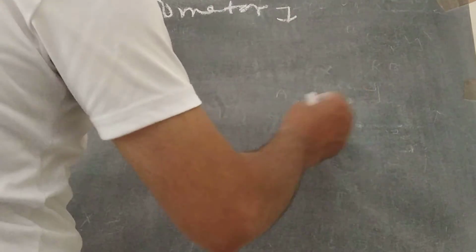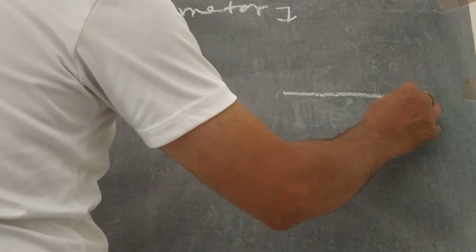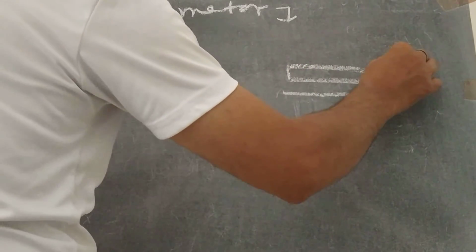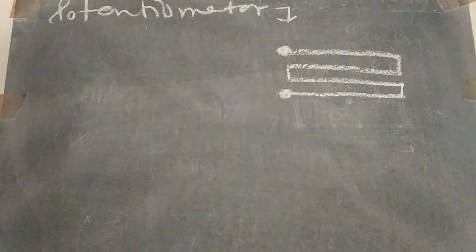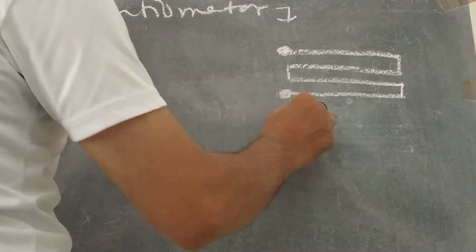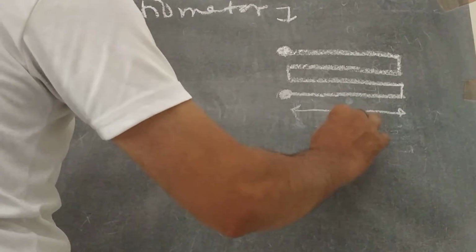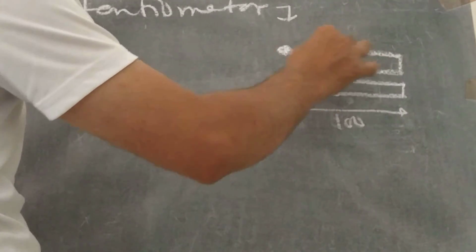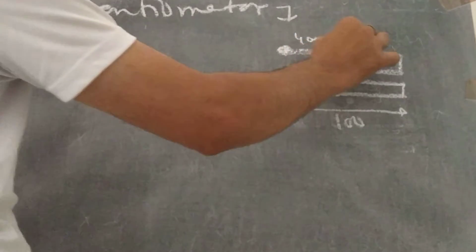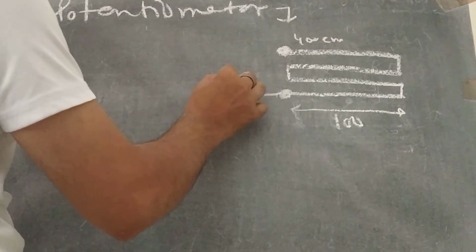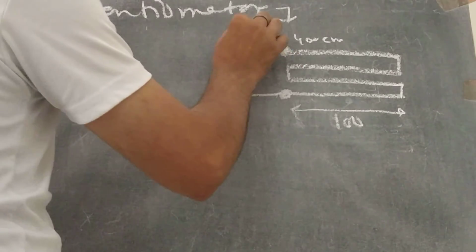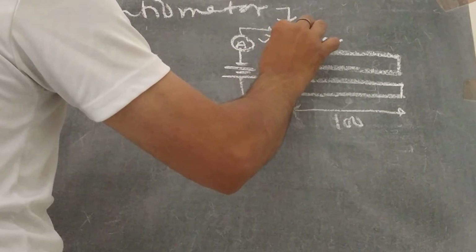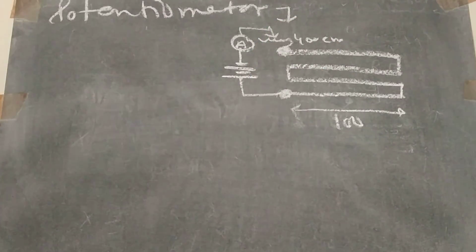It consists of a wooden board on which a constantan or magnet wire is bound like this in the form of some folds. Practically, what we use in the lab is 100 centimeter, 100, 100, 100. Total of 400 centimeter wire is used, having two terminals. With the help of these terminals, we connect the battery. Battery is connected to the emitter. Emitter is then connected to the rheostat, and rheostat is connected to terminal B. So this is a simple picture of potentiometer.